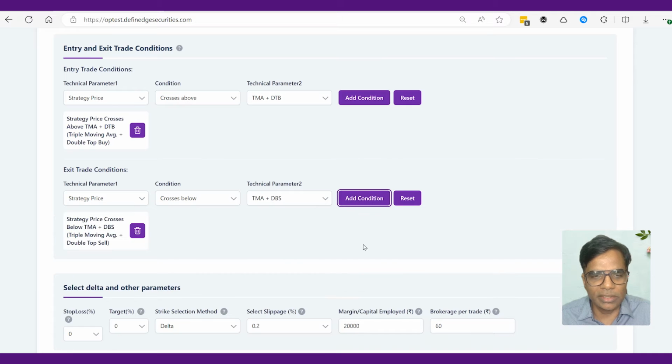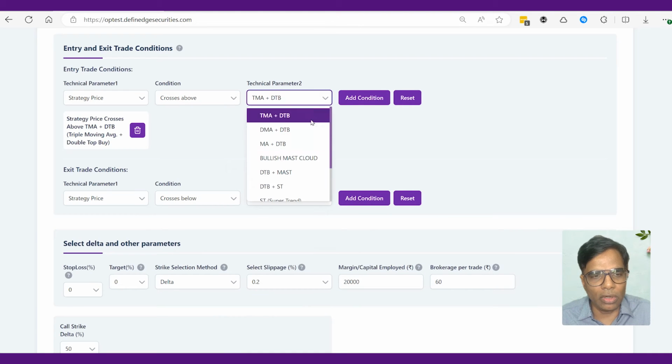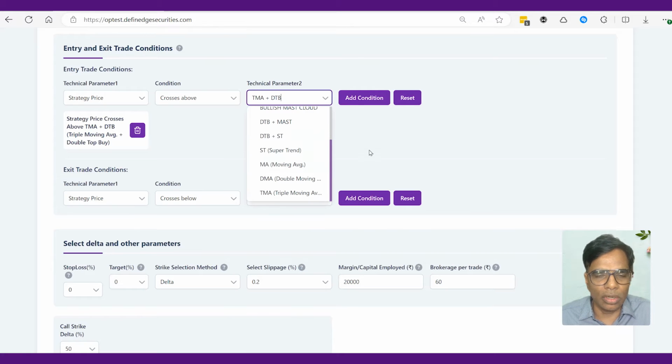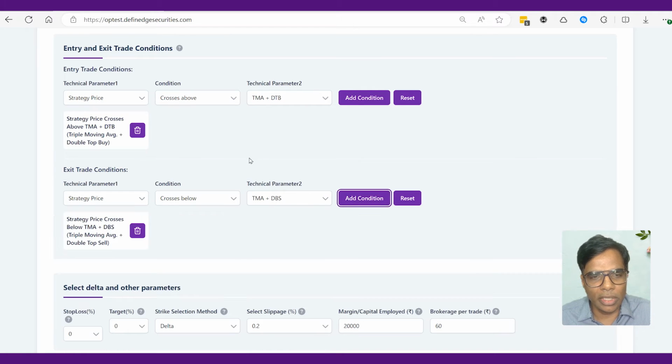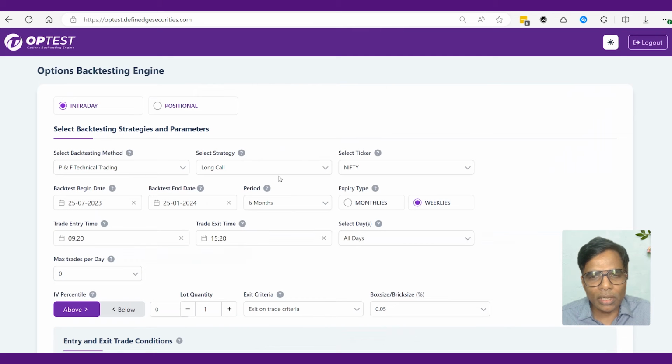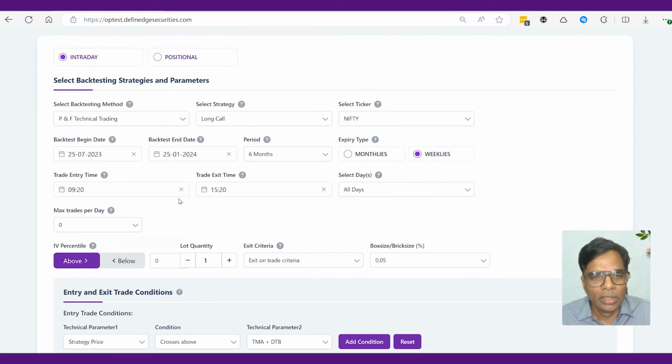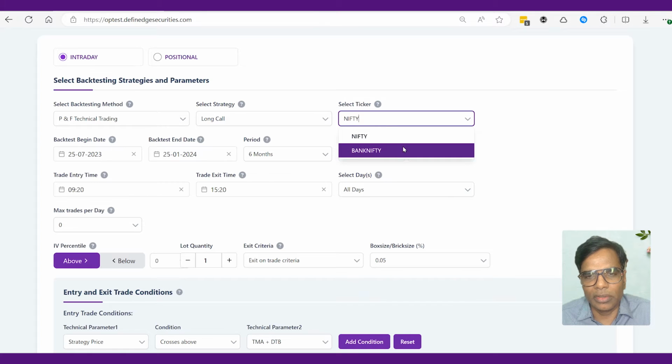Okay, we add this condition. Now just like this technical parameter, we have a lot of other parameters as well, which we are not going to discuss here. Okay, now we have these two conditions. Now let's come to the other ones, and obviously our strategy here is a long call. Okay, that will be our strategy. Now here for tickers we have Nifty, Bank Nifty for this,